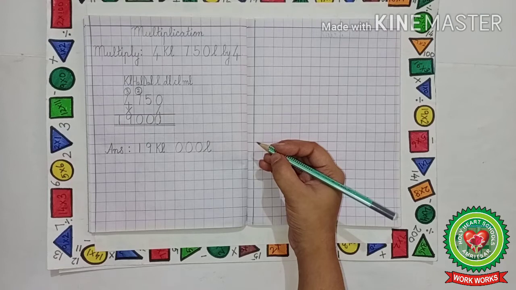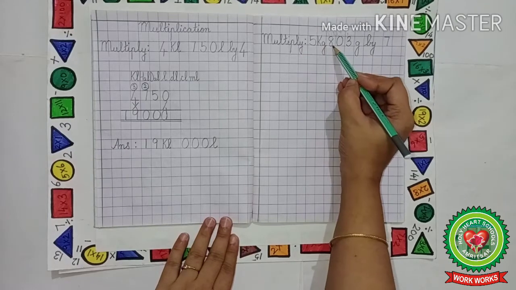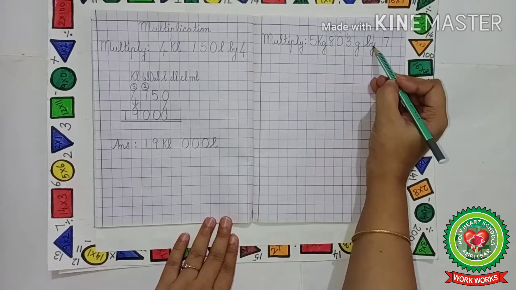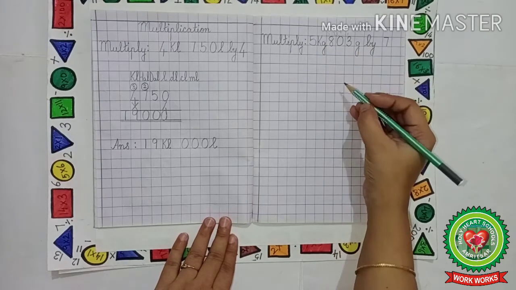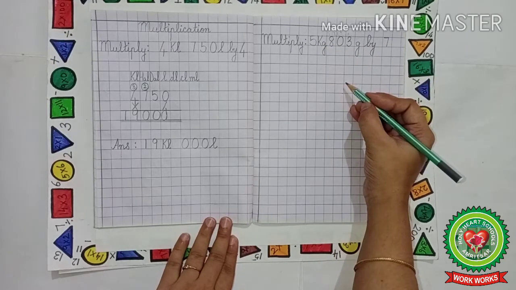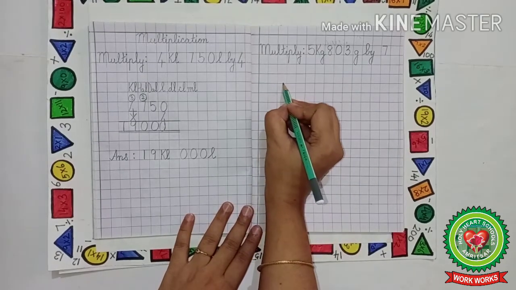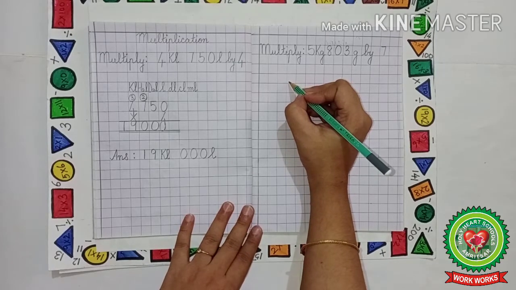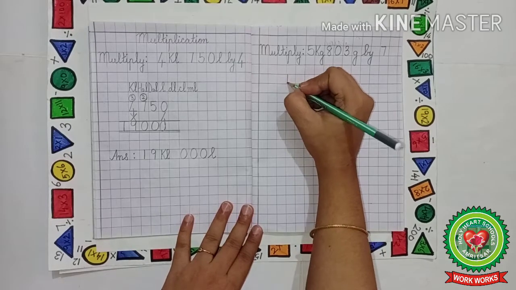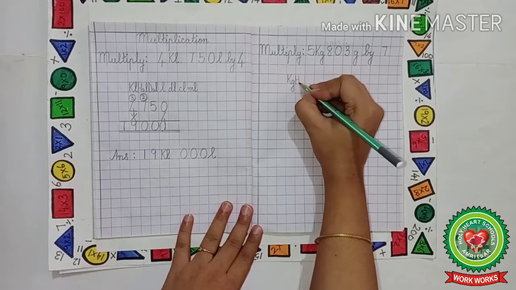Now kids, let us take the next example. Multiply 5 kilogram 803 gram by 7. It is written kilogram and gram. That means we have to write the different units of mass. Again over here we will leave 3 boxes for kilogram because more than one digit can come in the kilograms place. So we will write over here kilogram, then hectogram,